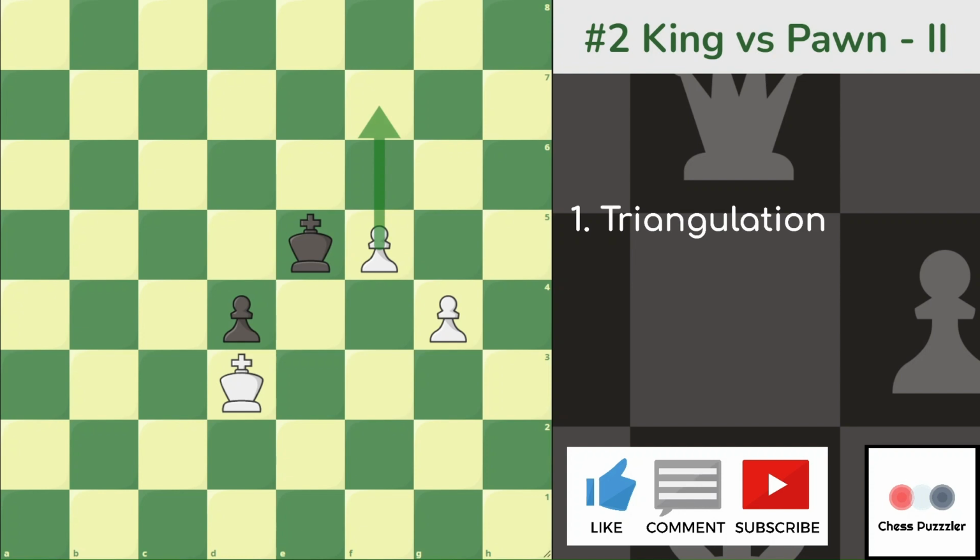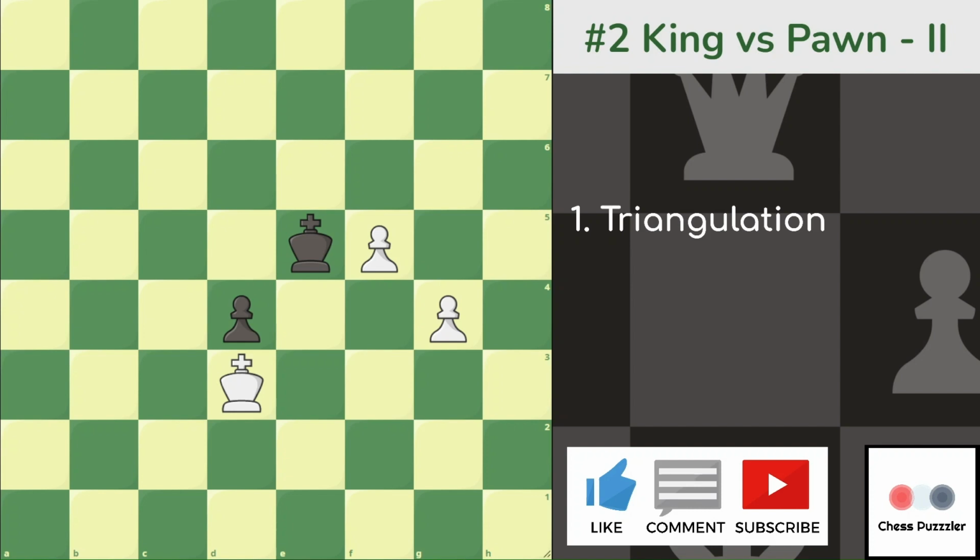Or by running one of these pawns over here. So white's goal in this case is for black to move. Although it's white to move right now, white wants to lose a tempo such that it comes back to the same position, but the only difference would be that it would be black's turn to move and not white's. So white arranges the win of the pawn by